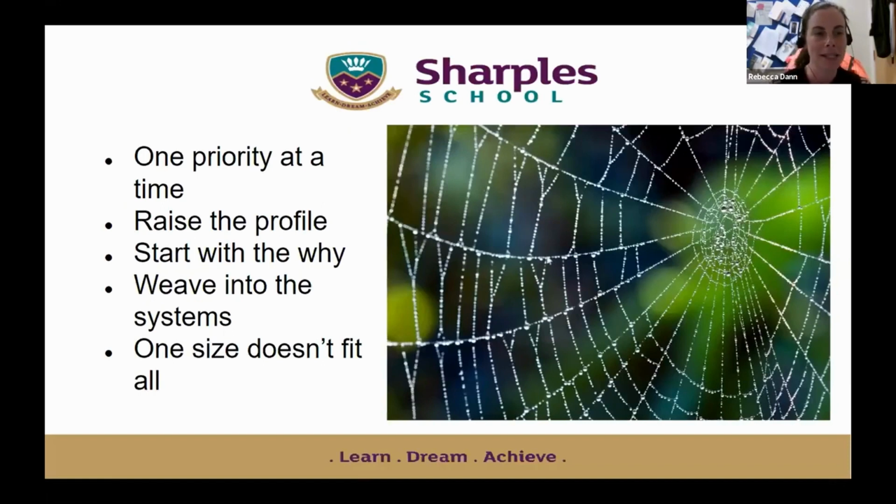And finally, one size doesn't fit all. When you're looking at whole school literacy, it doesn't mean that what they do in maths will necessarily work exactly the same in history. So you have to be ready to adapt to the different subject areas you're going to prioritise and support, and make sure that you're looking at disciplinary literacy, allowing the subject areas to adapt what you bring to this plan.